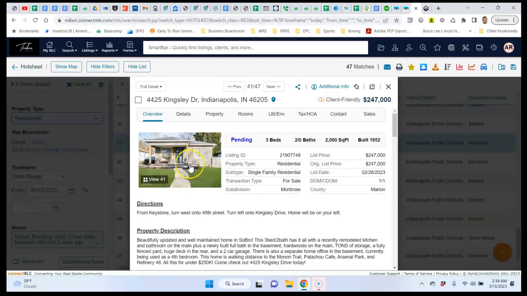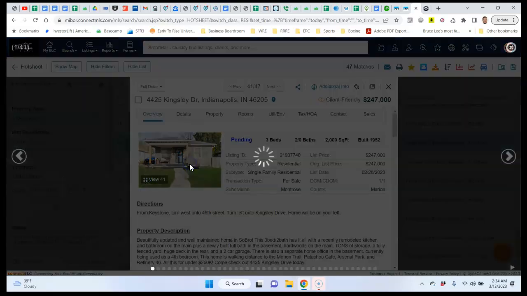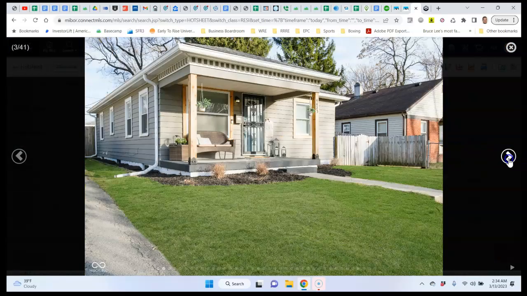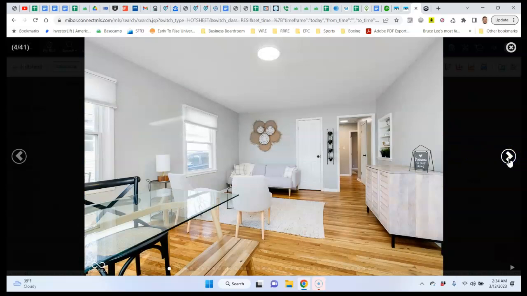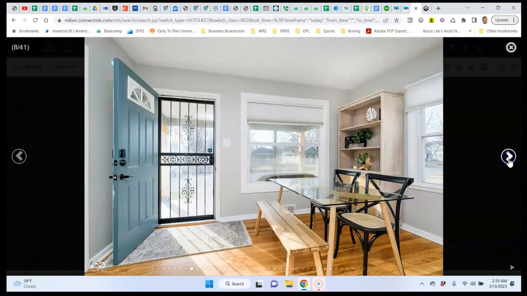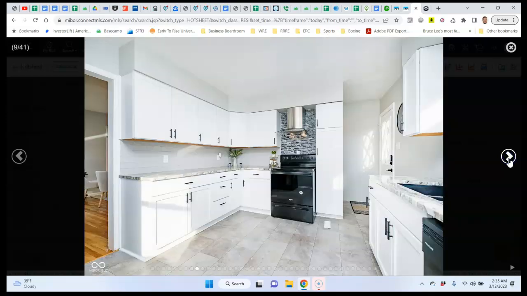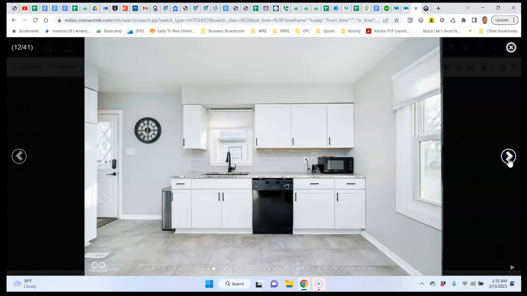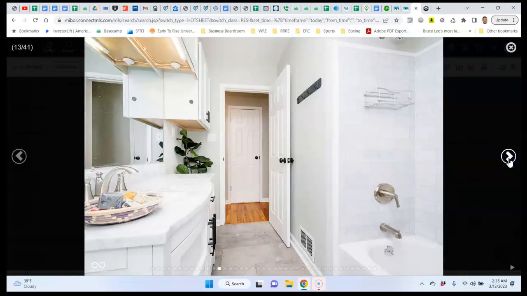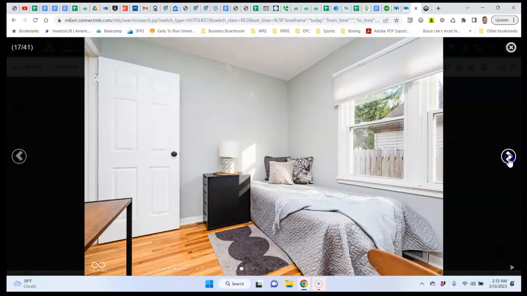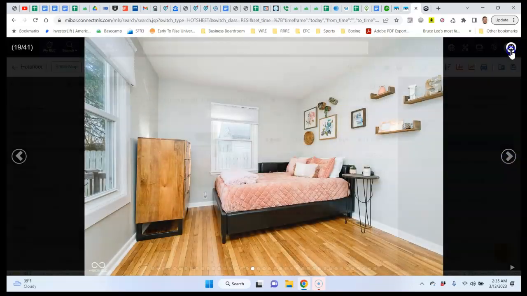247. So we can see what, I mean, look how, yeah, that's beautiful. Yeah, that's an excellent, yeah, that's an excellent looking house. But anyways,